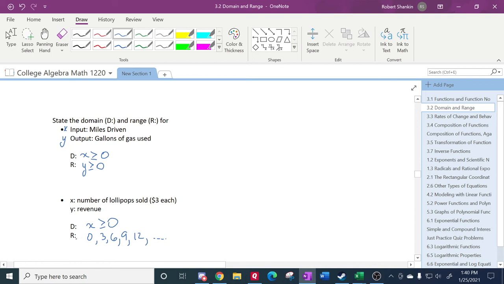Amari, I agree with one of these, and I disagree with the other one. The one that I really like is this: 0, 3, 6, 9, 12, etc. This domain is really close because you can't sell negative number lollipops. You want to get rid of those. But